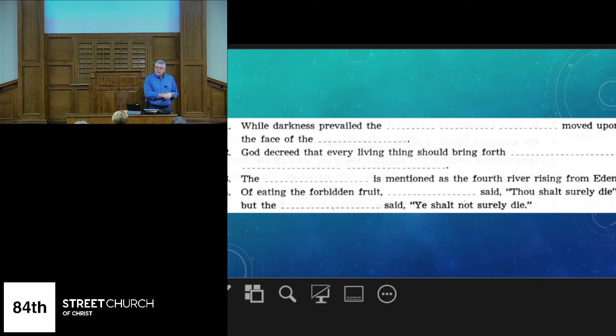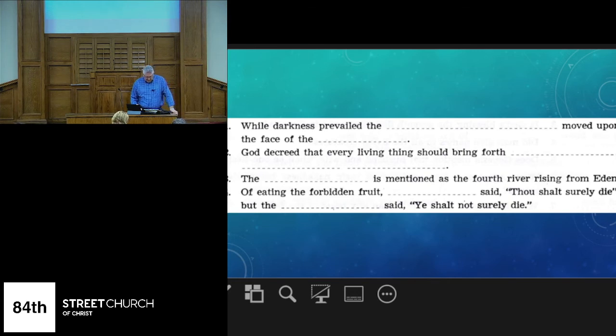Over the face of the deep, what? I don't know. Maybe that was before everything was formed. Maybe it's the deep of the waters. I don't have that answer, but we do know that the progression of the creation had logic and intent, but it also had everything to do with the power of God and how he can speak something into existence. We can probably, even if we had it completely explained to us, have some trouble understanding all of it.